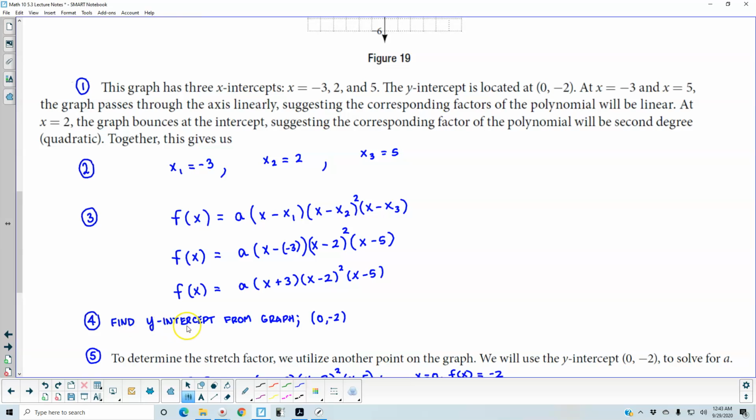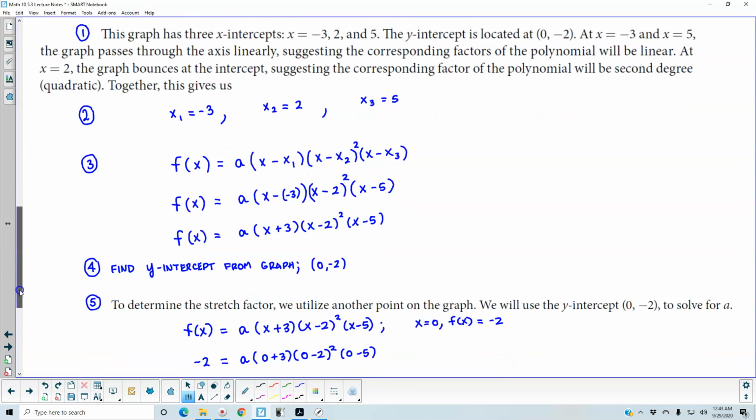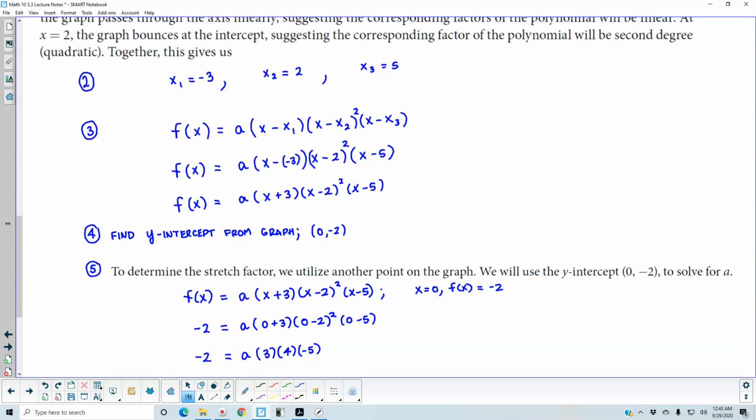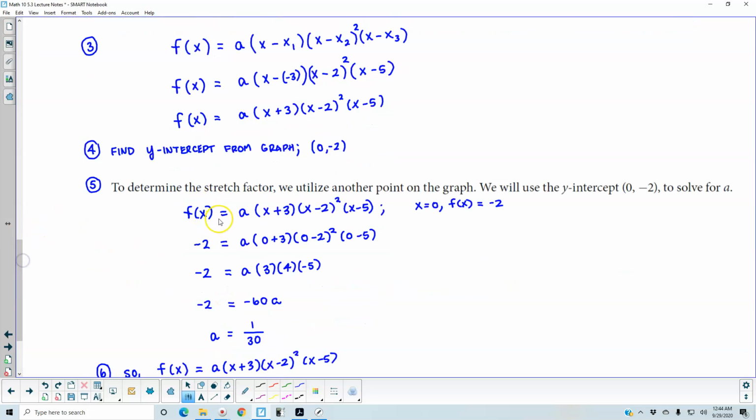Now again, remember that the intercept from the graph was (0, -2). So we're going to use this as an ordered pair to determine what a is. So for step 5, to determine the stretch factor, we utilize another point on the graph. So we're going to use the y-intercept (0, -2) to solve for a. So now using what we have in step 3, we're going to let x equal 0 and let f of x equal -2. We're going to plug in 0 for x and solve for a. So we have -2 on the left side equals a times